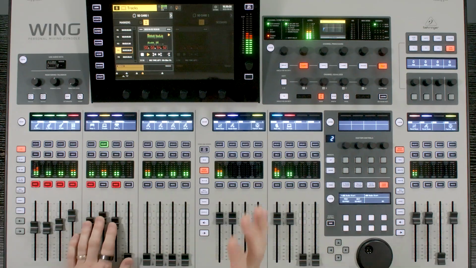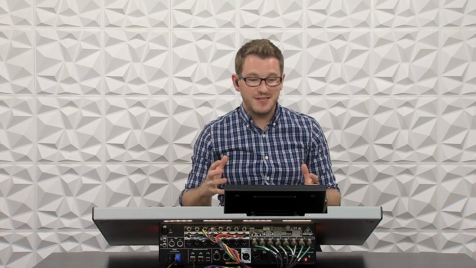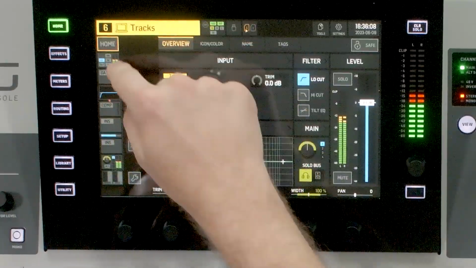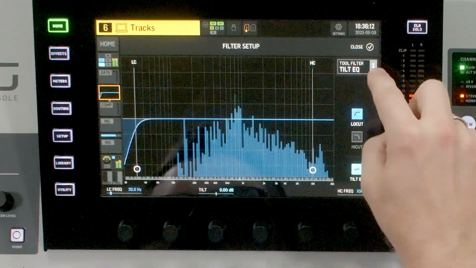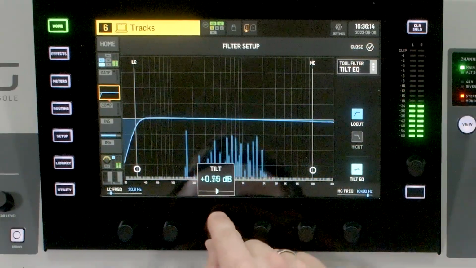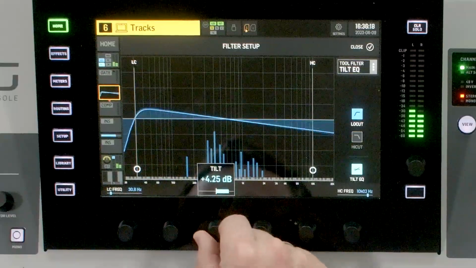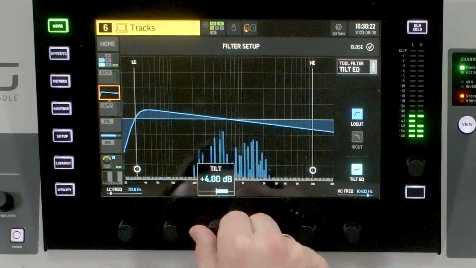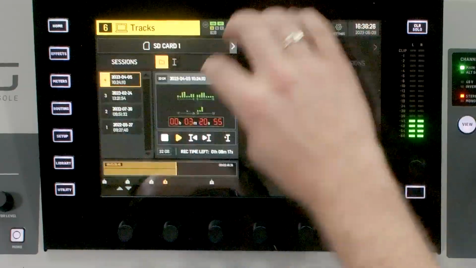Now you can imagine that these tracks at a very loud volume is just going to be a little bit on the painful side. So what I'm going to do is actually use the tilt EQ. We can go into our tilt EQ and we can actually tilt this down. I can tilt the amount of either treble versus bass or bass versus high end. So if we go back to that section,